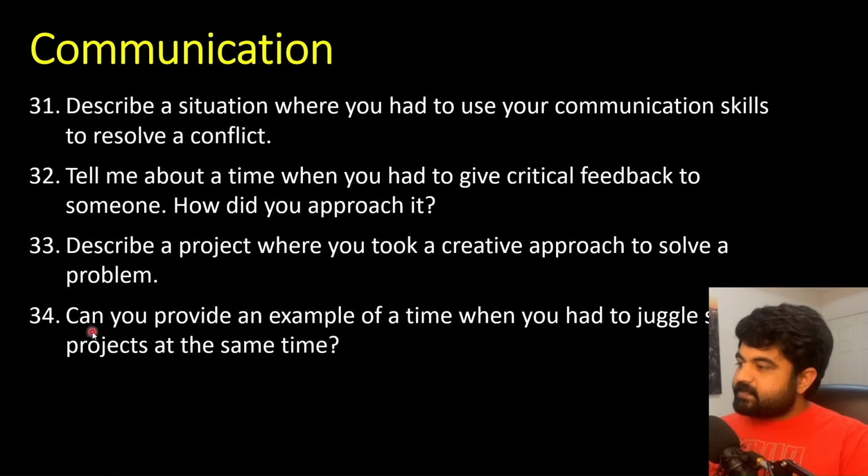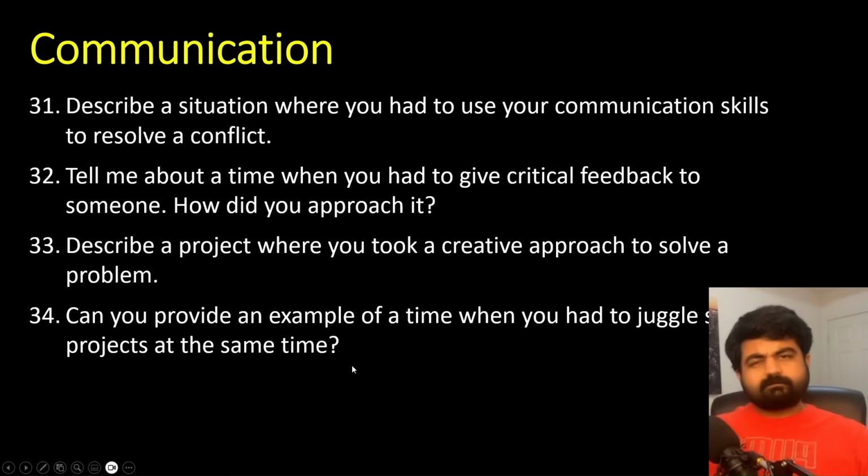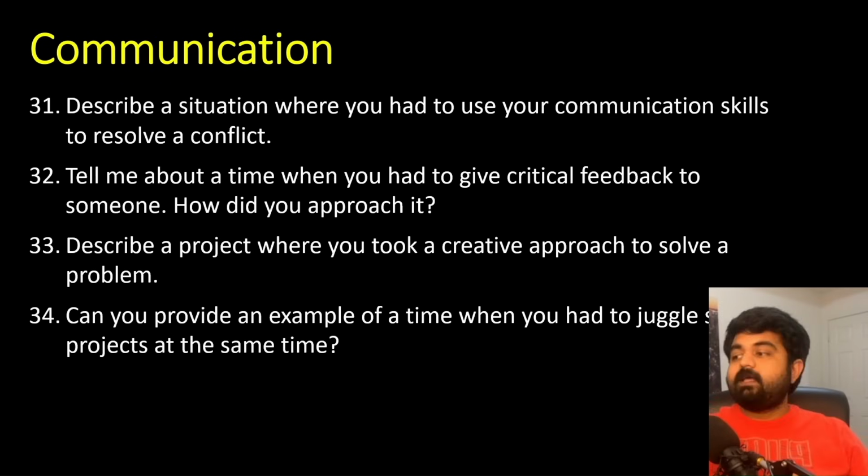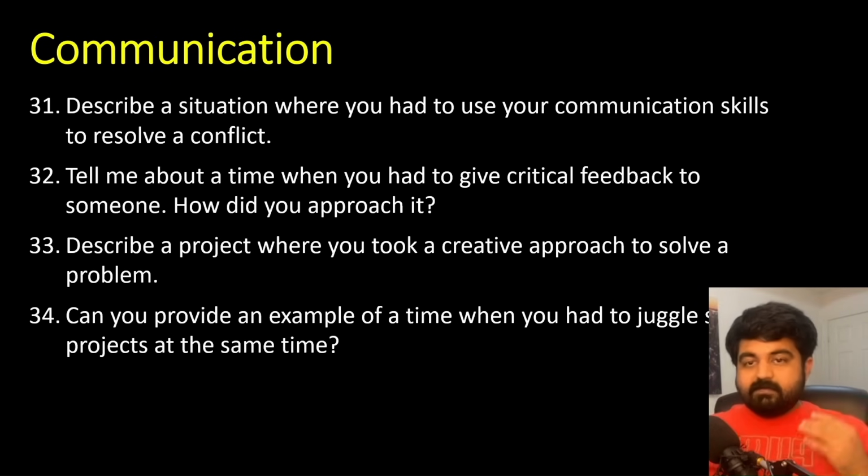Okay, next one is, can you provide me an example of a time when you had to juggle several projects at a time? This is pretty common because at any given moment you might be working somewhere between 3 to 15 projects, depending on how complex your work schedule is and how stretched resources are. So always set clear priorities, and the priorities are defined by the impact, the type of deadlines, the work that needs to be done, the skill level, the current project status, and all of these things. So there is no one particular reason about this.